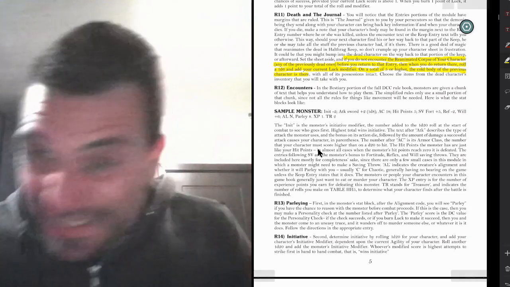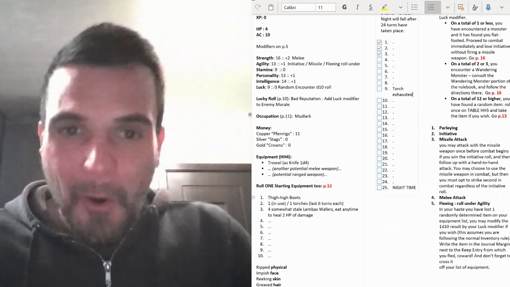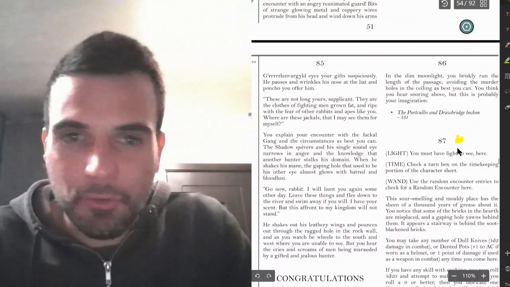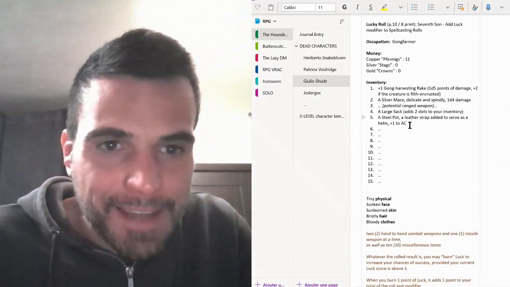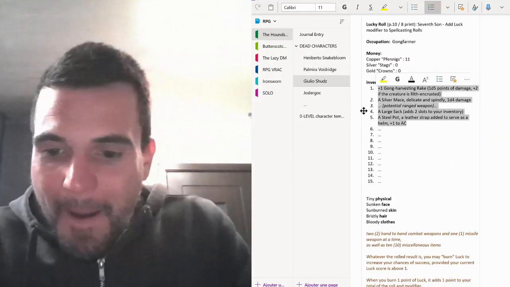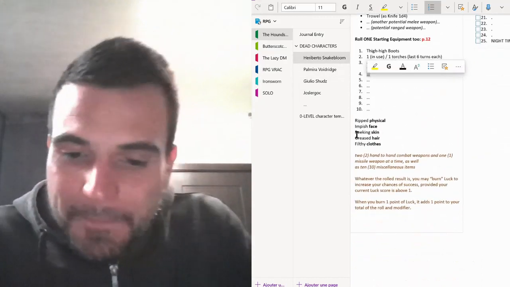Why, it's a 6! Look at that. Yes! Yes! Exciting! Oh, yes! The dead body of Giulio is here. So many good things, man. So many good things. Look at that! Boom! And that goes into my...